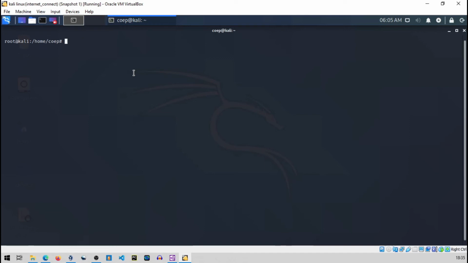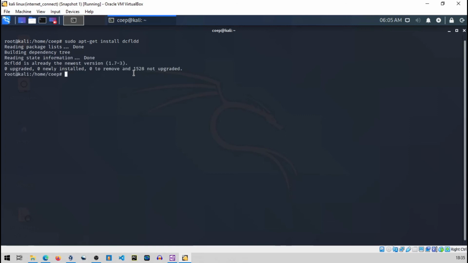You just have to run sudo apt-get install dcfldd. I have already installed it, so it won't install again, but for you, installation will proceed.